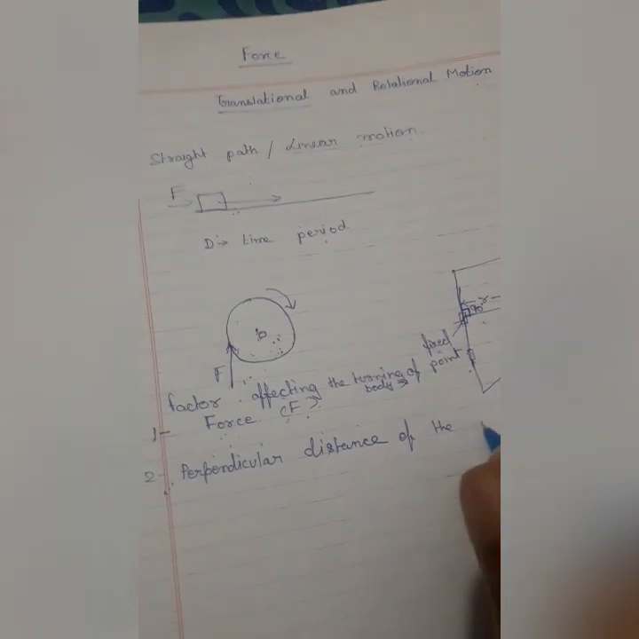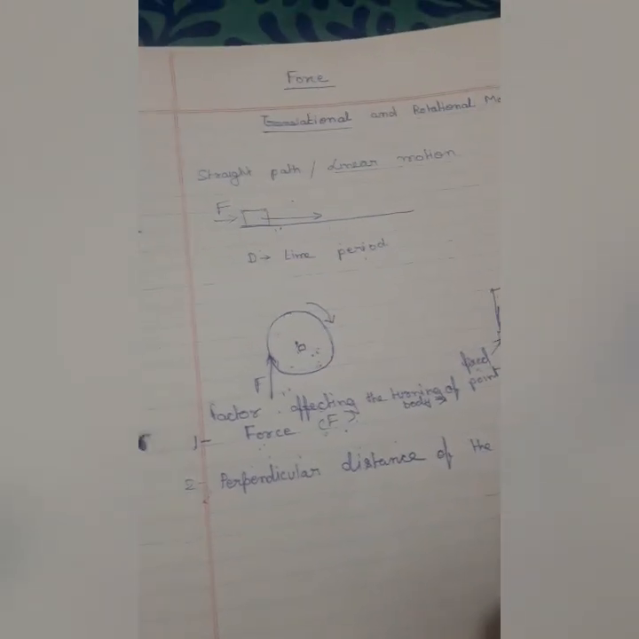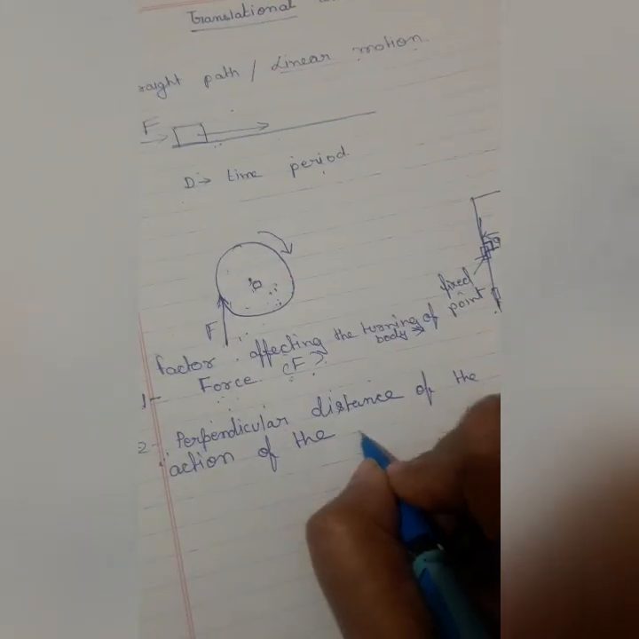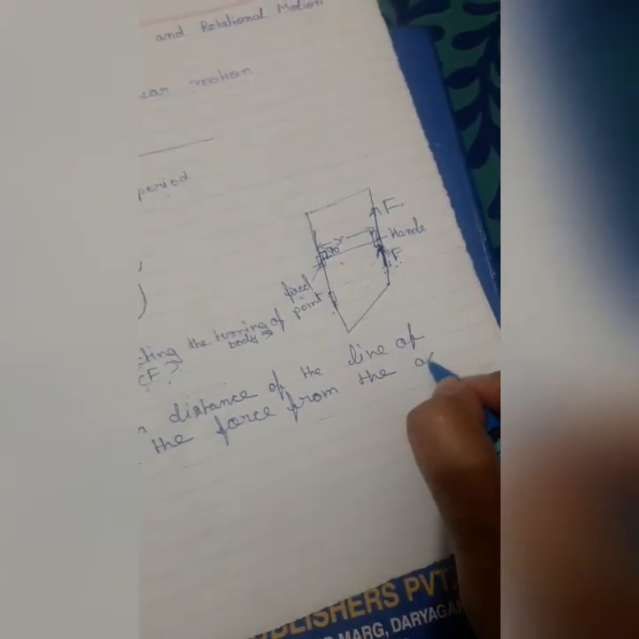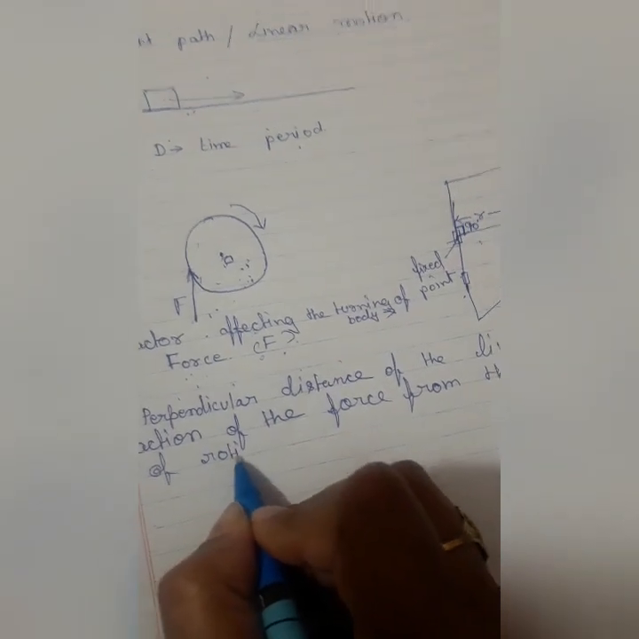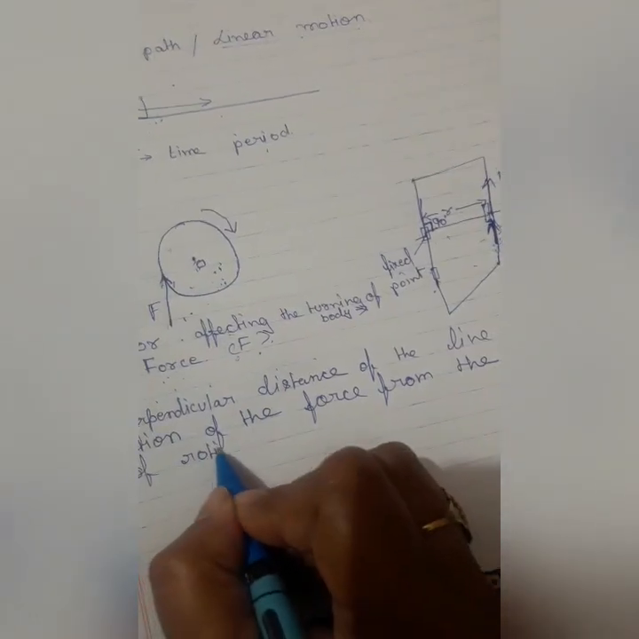Perpendicular distance of the line of action of the force from the axis of rotation. This is the complete expression, and whenever you write, just write with the complete expression, okay? Always rotation, right? Indeed, the turning effect on the body